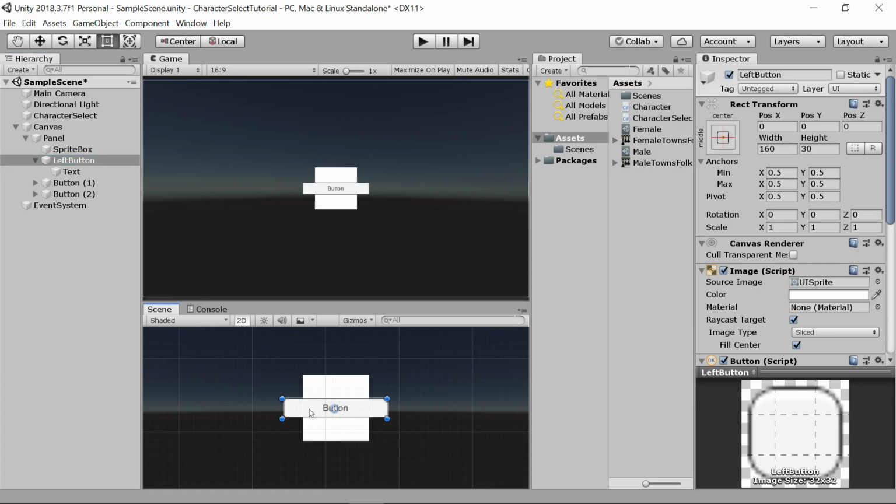And when you click on it in the inspector, left click and hold, and then you can move it. Now, whenever you move it, I'll show you a cool trick. So left click the button and hold it. Hold the Shift key, and then move left. Whenever you move left,